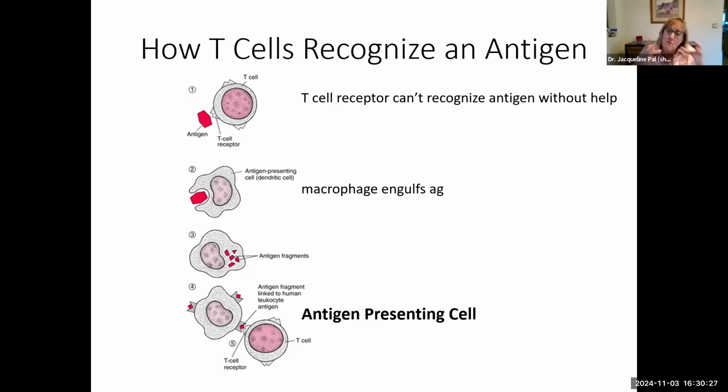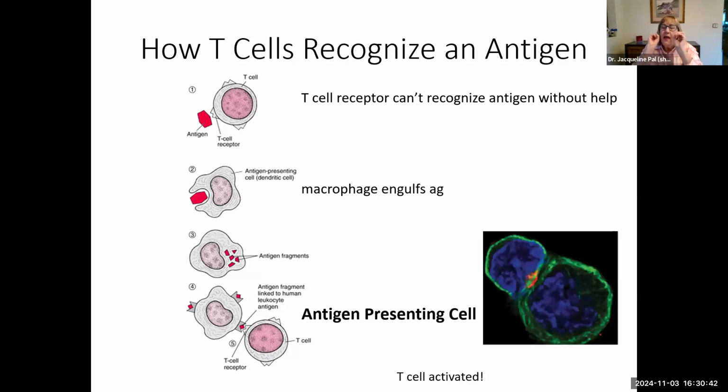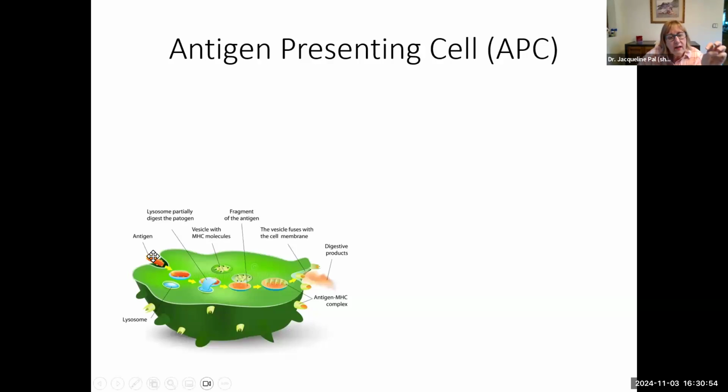And so we call that macrophage that is presenting that fragment of the antigen an antigen presenting cell. Okay. And I'm going to show you in the next slide exactly how this happens. Okay. And after that antigen presenting cell has presented the antigen to the T cell, then the T cell can recognize it and get activated. So here is the drawing. The antigen is going into the cell that's going to become the antigen presenting cell. Okay, it binds with the lysosome, which breaks it down. But there is also a vesicle that contains molecules for